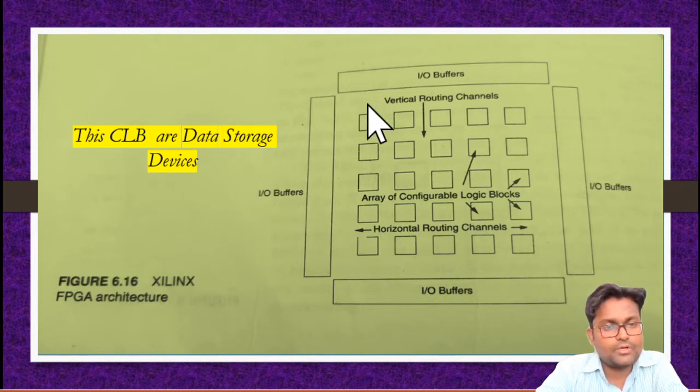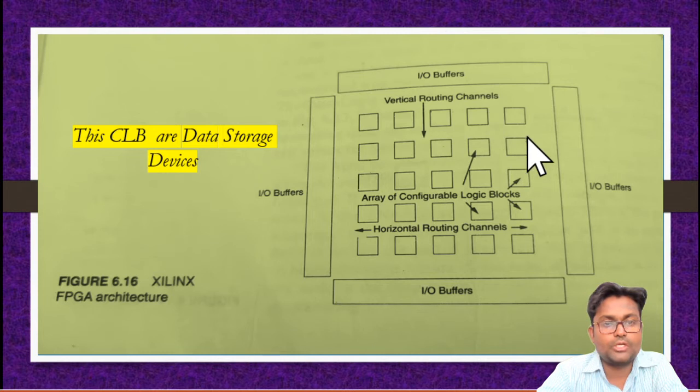Now the horizontal spacing, that means this blank space between two different square blocks, and the vertical spacing, is nothing but a path, a channel that is used to connect the configurable logic blocks. You can see here vertical routing channels are written here. Horizontal routing channel is written here. That means this blank space is nothing but a channel, the space used to make a path to connect more than one configurable logic block.